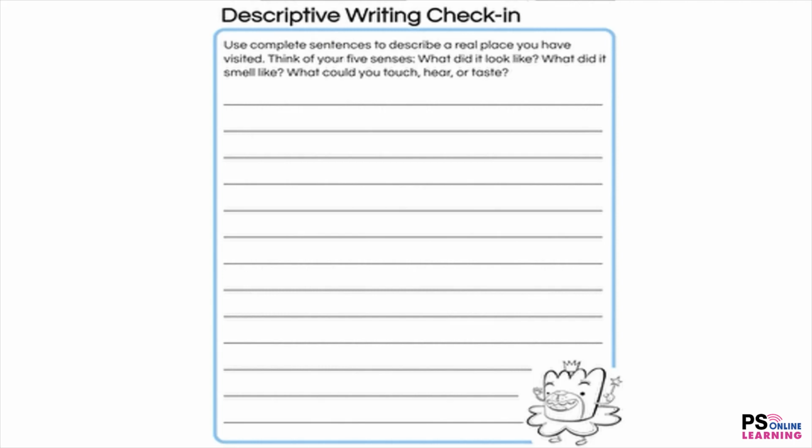So think about it. Think about a place that you went, and write down your little notes. Don't worry about where it says to think of your 5 senses. Okay? Don't worry about that part. But I just want you to think about it, and try to think about these questions. But also, like, where was it? Where did you visit? Who did you visit with?